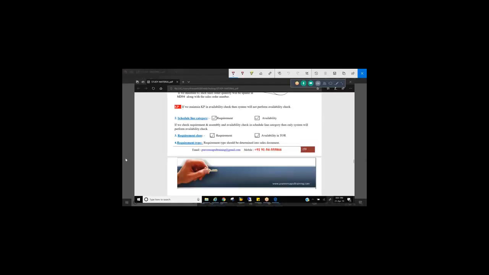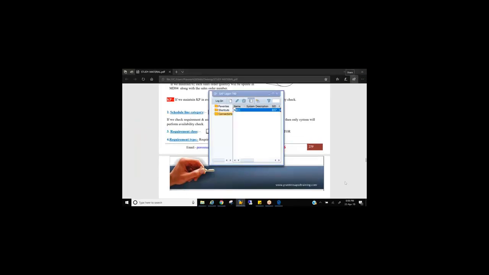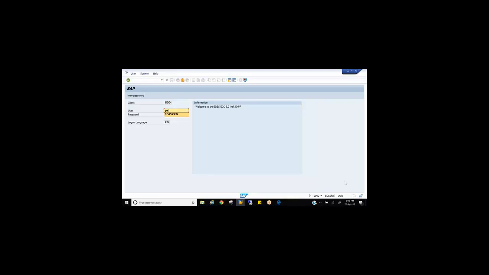This concept, requirement class, is the integration between SD and PP module. What is a requirement class? What is a requirement type? See, whenever we create an order, first the requirement type should come into the sales document.